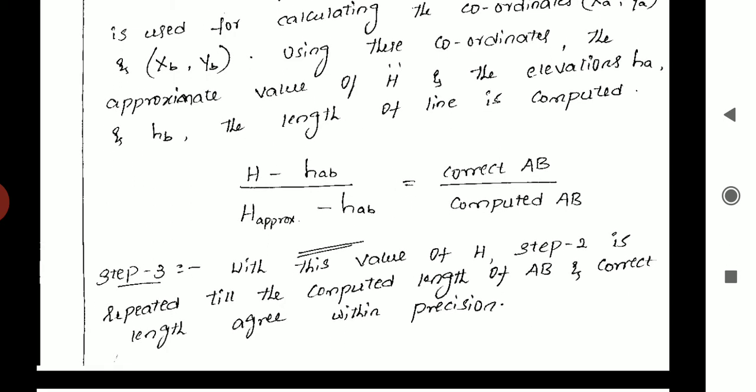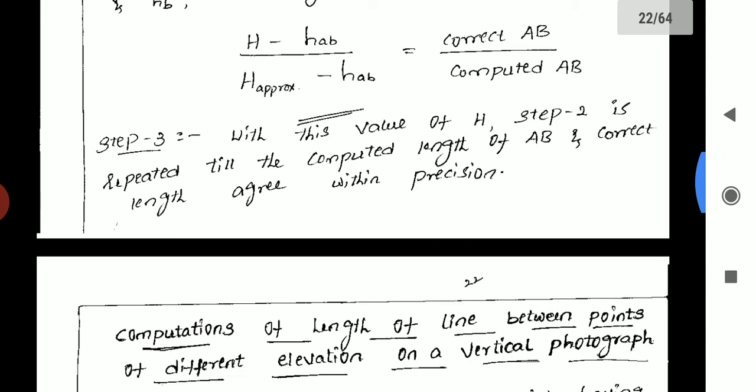Using these coordinates we will find the scale. So total height minus HAB divided by approximate height minus HAB equals correct AB divided by computed AB. With this value of H, step 2 is repeated till the computed length of AB agrees with the corrected length